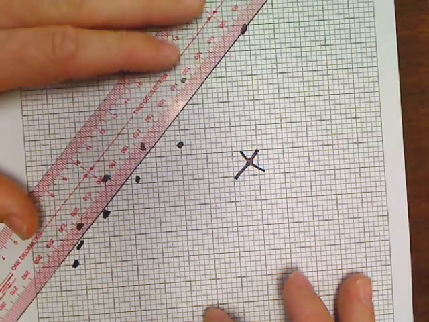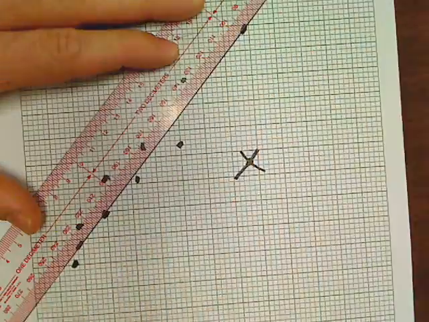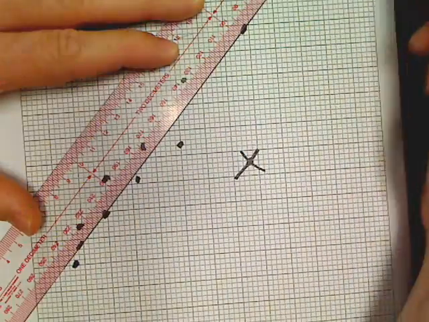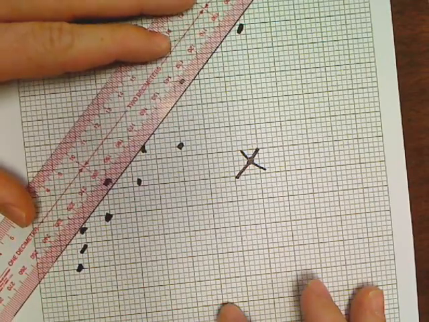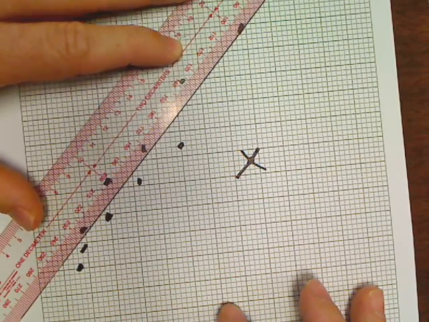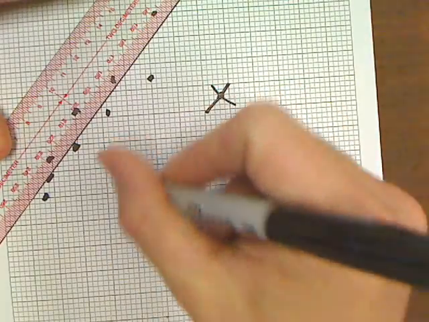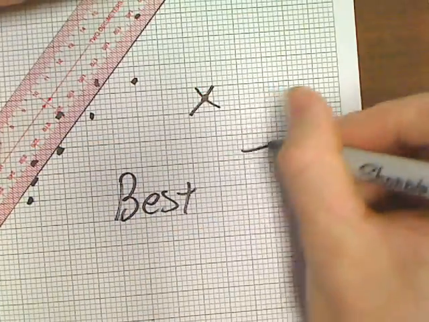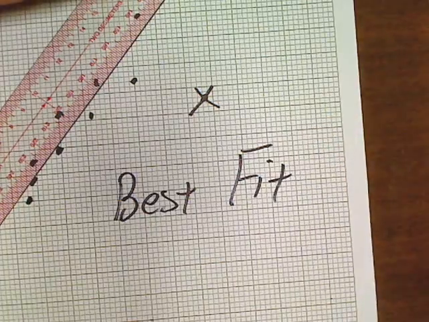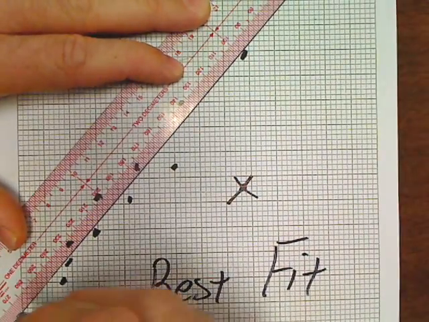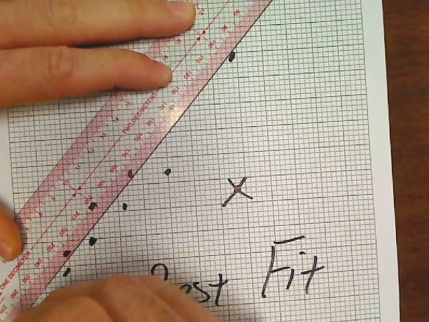Now, when you lay a ruler on the graph, you need to lay that ruler all the way across the paper. And when you mark the graph, you need to put the mark from one end to the other. What you're going to do is try and get this ruler centered to best fit the data. This is known as a best fit line that I'm drawing. So I'm going to lay this ruler on, try and see if I can't get a best fit line. And I'm going to now draw a line